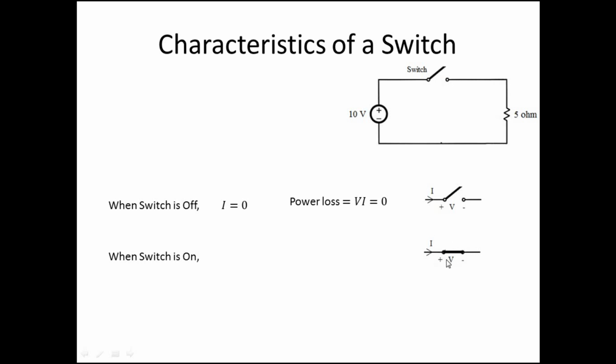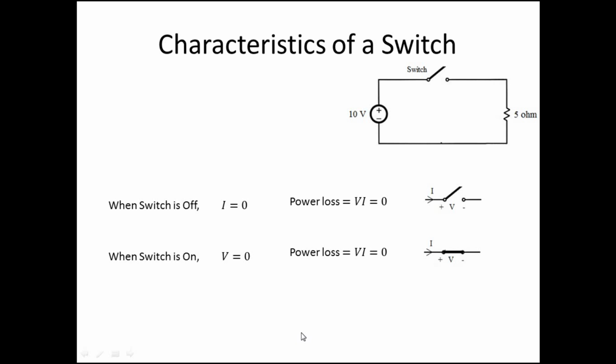So the voltage across this switch: now this point is coming in contact with this point. So the potential of this point is the same as this point. So the voltage across this switch will be 0. It's closed. Now again the power loss will be V into I. Since the voltage across the switch is 0, the power loss is 0. So we told that the power loss in either on or off condition is 0. There is no power loss.